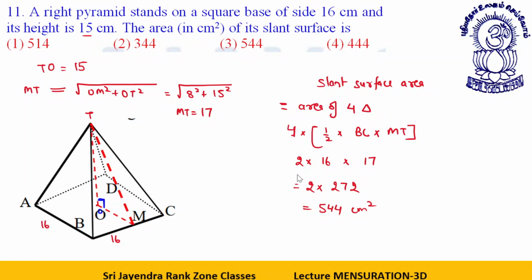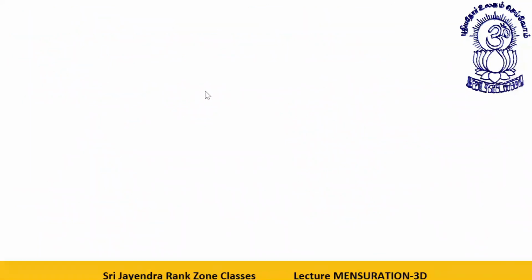Is that clear, my dear students? So we have done all the three figures in today's class, that is tetrahedron, prism, and pyramids. And genuinely believe me, dear students, I have covered this in such a way that you can crack any exam. Whatever possible questions can come from these topics, we have covered them in great detail, and that is all for today.